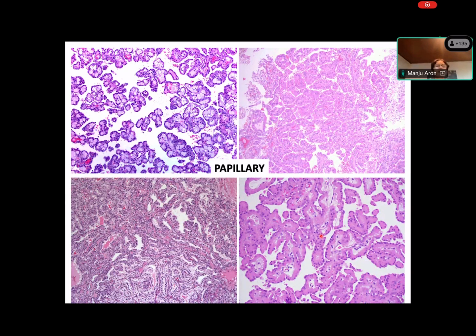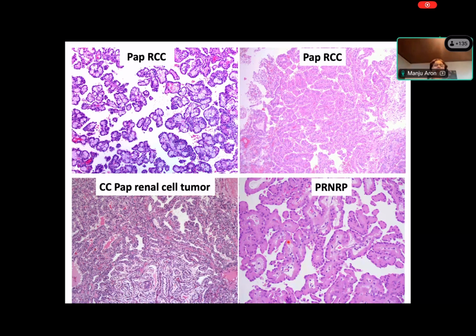Here are examples of tumors which are papillary, right? Here's one tumor which has papillae with a lot of macrophages within the core. Another papillary tumor with mostly pink cytoplasm lining it. Again, another tumor which has this tubular and papillary appearance, and the papillae have a very fine hierarchical branching. And again, another papillary tumor which has pink cytoplasm and nuclei away from the basement membrane, more peripherally placed nuclei. So these are all different kinds of tumors, and this is an example of papillary renal neoplasm of reverse polarity, PRNRP for short, and then this is an example of a clear cell papillary renal cell tumor.